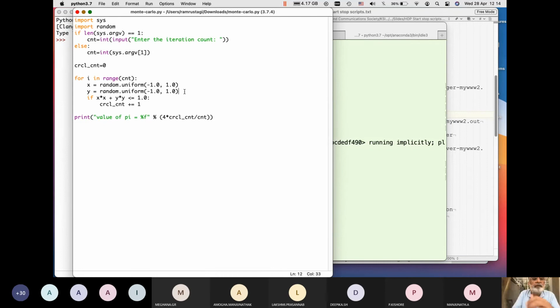So all I need to say is, and this would basically become 6. Let's say not circle count anymore, sphere count. Will this program work?